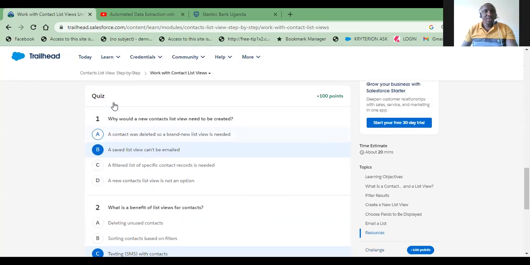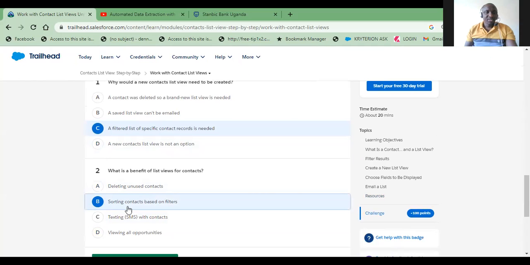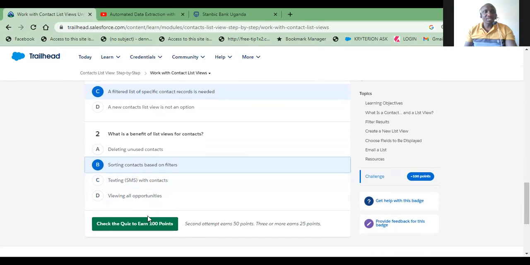So why would the new contact list view need to be created? I think the right answer here is C. A filtered list of specific contact record is needed. What is the benefit of a list view for contacts? I think C. B is correct. Sorting contacts based on filters. So I'll check my quiz